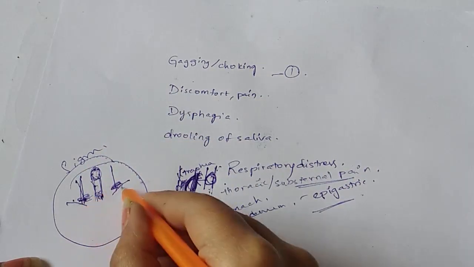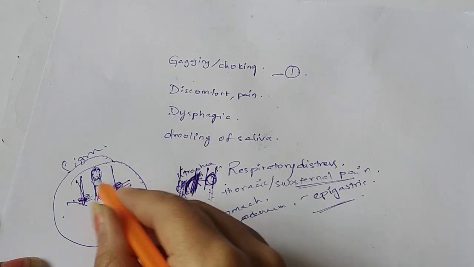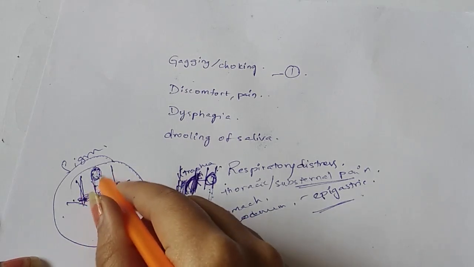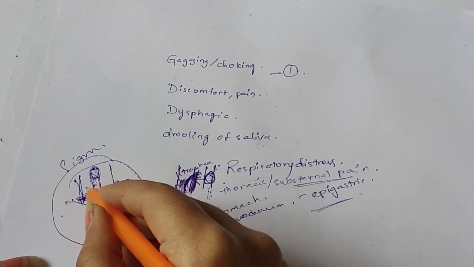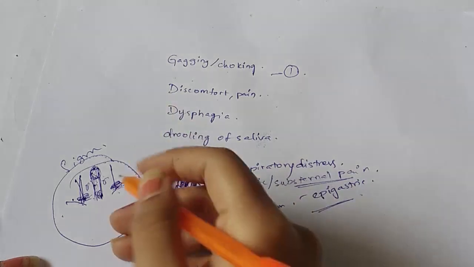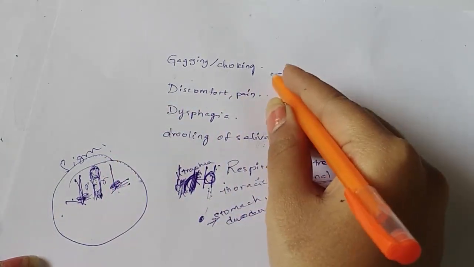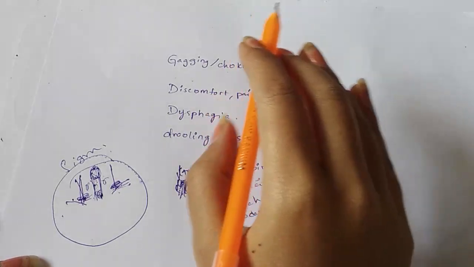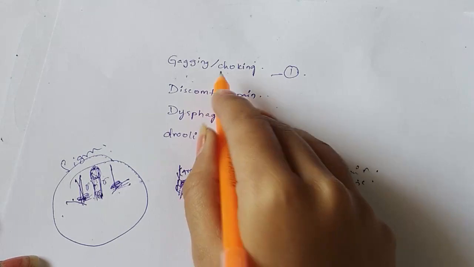That is, palpate here, that is the supraclavicular region. If you palpate here, there will be pain and tenderness, and there may be a protruding foreign body seen through the esophagus. And in the pyriform fossa there will be accumulations of secretions, and they may get aspirated, leading to pneumonia. These are the signs. And symptoms are, first of all, we get the gagging reflex, so gagging or choking, and